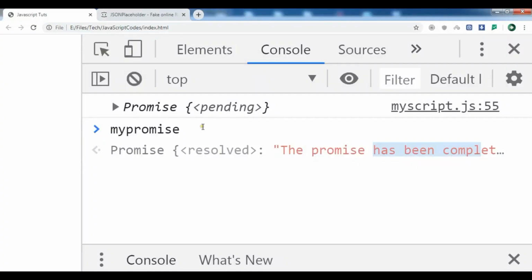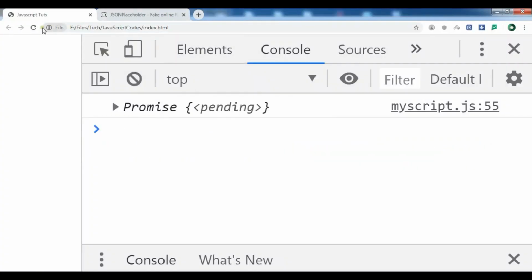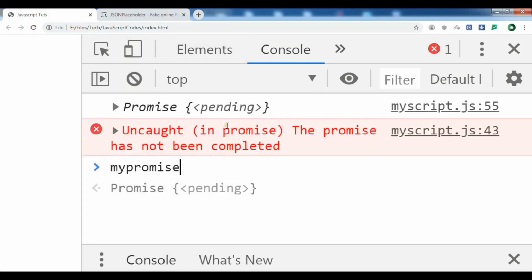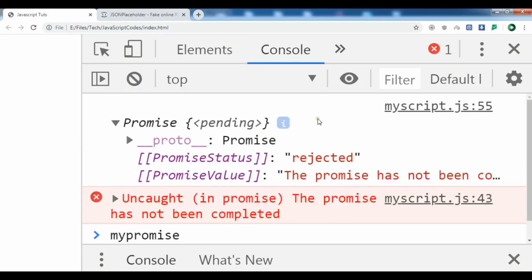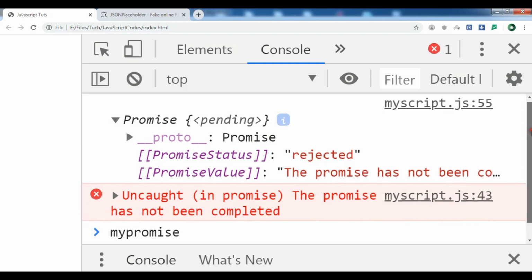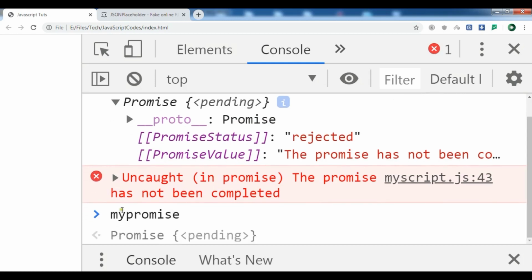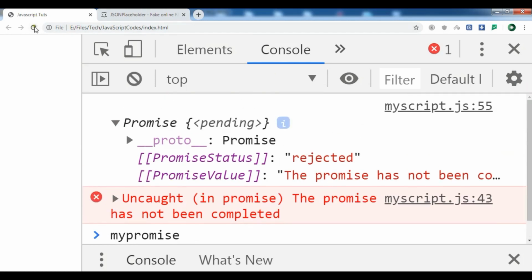like this, and let me just remove this. Now if I say my promise, you can see we are receiving the promise has not been completed. And if you see, by default the value of promise is undefined. If you check my promise, right now we have rejected. Let me just check this, show you the value of the